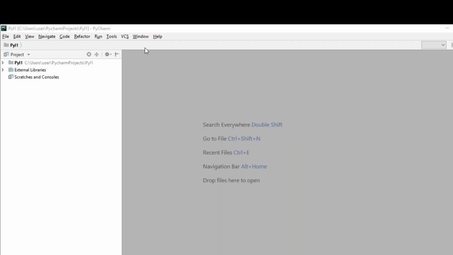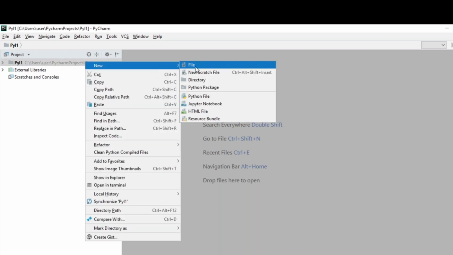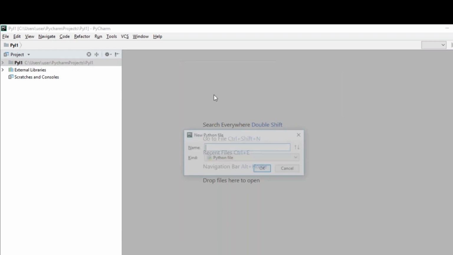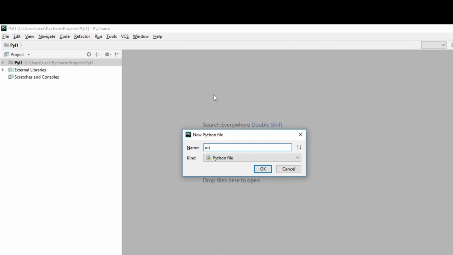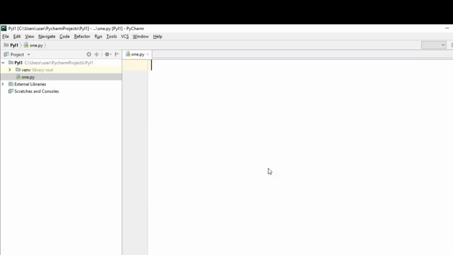Okay, so let me create a new Python file. Right click on your project, go to new, go to Python file, just say like someone. Okay,